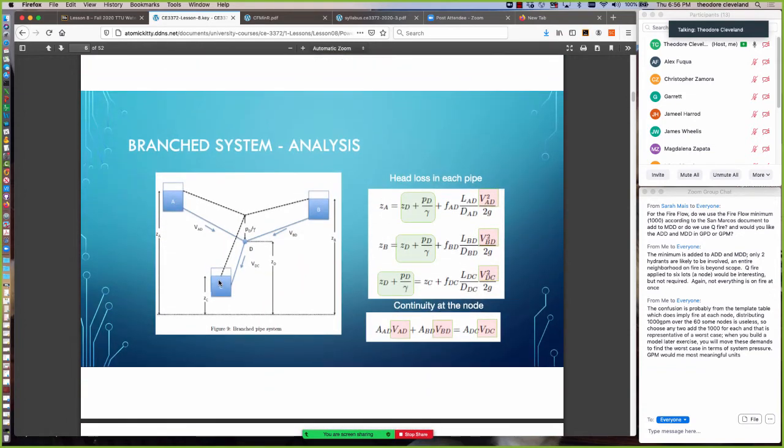And if we were to pull those out of the diagram, we would have the energy equation for pipe AD is this first one here on the right side of the figure. And it simply says the total head at reservoir A is equal to the total head at reservoir D plus the head loss from A to D. And the unknowns are this green box, which represents the elevation of node D plus its pressure head, and the rose box, which represents the velocity in pipe AD, in this case squared, using the classic way of